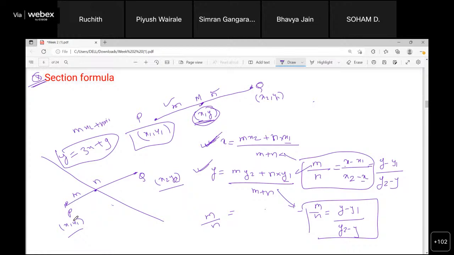Can you go through it once again? No, I will come to this concept, because for this you will be required to find the equation of a line using 2 points. This is one equation I am directly given. I will get one more equation of this particular line. I have 2 points, and by using the 2 point formula I can get the equation of a line, in this way, y equals mx plus c, where m is the slope and c is the y-intercept. If I get this equation of line PQ, then I can simply solve these simultaneously.